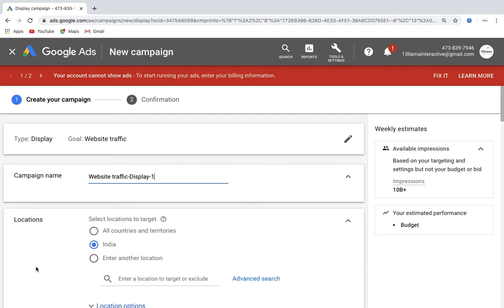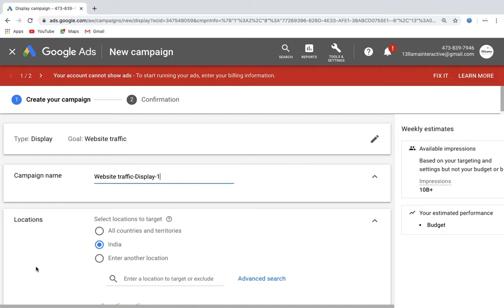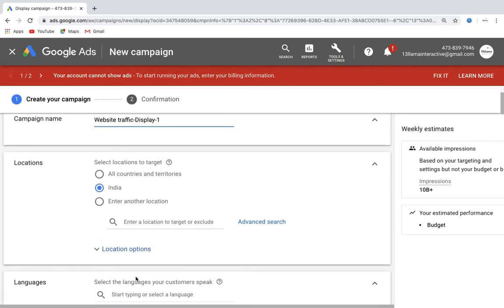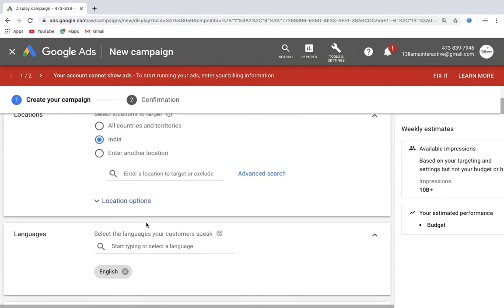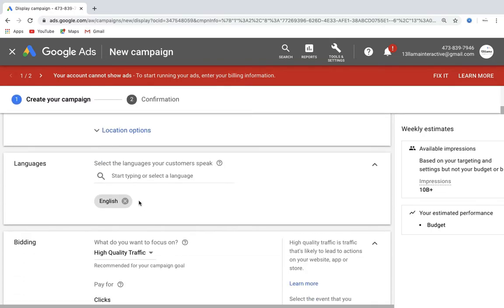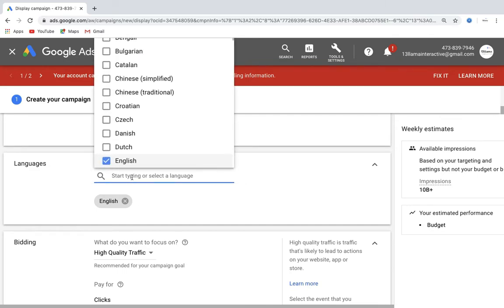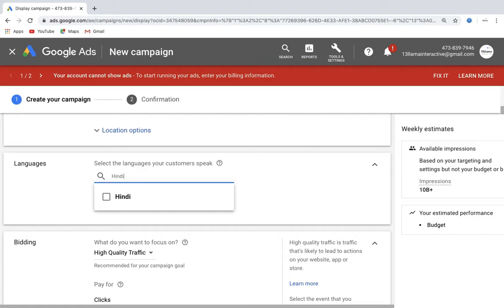Make sure you give the appropriate campaign name. It is advisable to always have the goal in the campaign name so that you're aware why this campaign was actually launched. You can select the location, language. Google has recently started providing native language. So, for example, if you are targeting India, you can select Hindi,